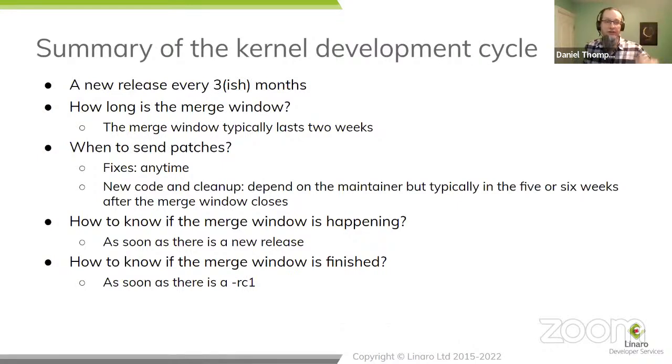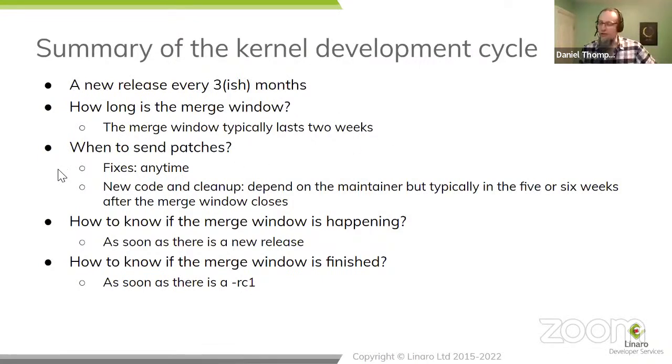What that means is, the summary of the kernel development cycle is it's about 10 weeks long. It does vary slightly depending on holidays and the amount of churn in the later release candidates. So about release candidate 6, 7, Linus will usually make comments about how many changes there are. If it's very quiet, if he's not getting many bug fixes, he'll release early. If it's very, very busy and he's getting lots and lots of bug fixes, he'll add an extra release candidate or two until it quietens down. The merge window itself is typically 2 weeks, but it can close early sometimes.